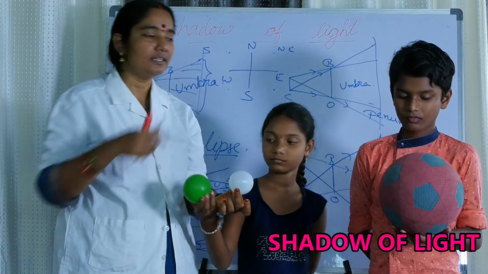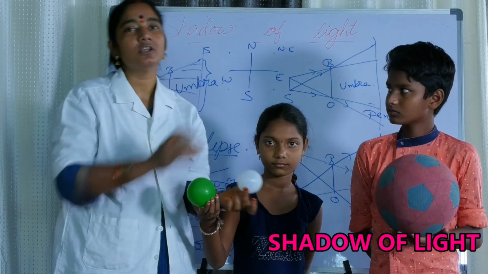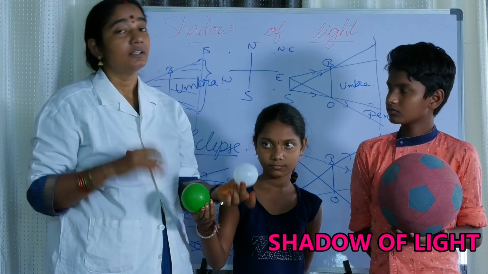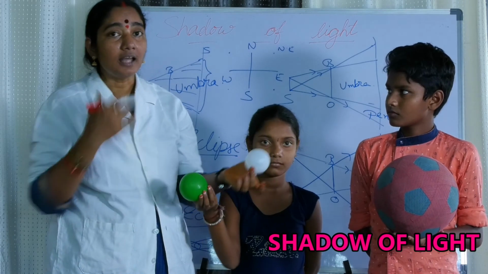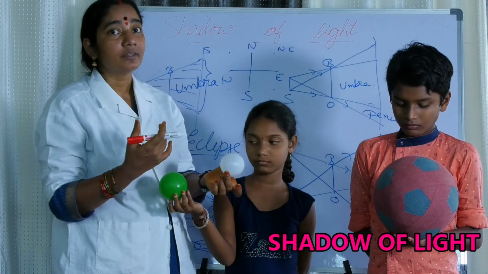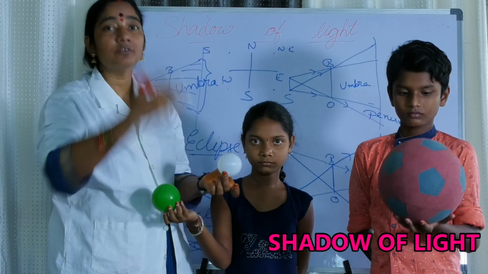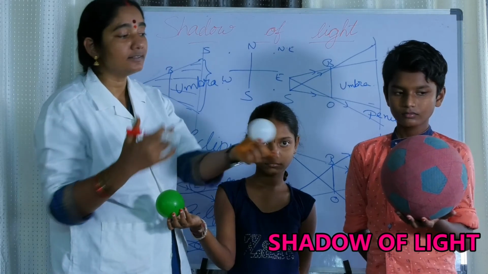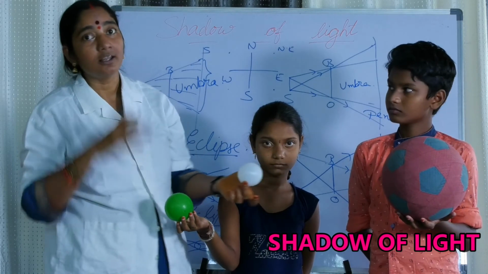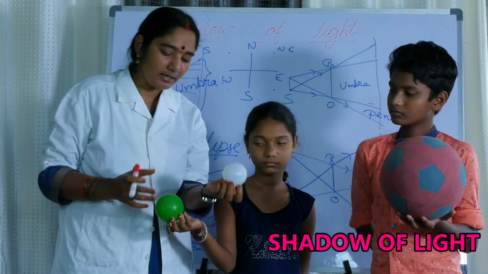So my dear friends, in this way, the shadow of the moon falling on the earth gives rise to a solar eclipse. In a solar eclipse also, we shouldn't see the sun directly with our naked eye. It's highly dangerous. We have to use some kind of filter glasses. We shouldn't simply go and look at the sun and the moon and start enjoying. The rest of the life we cannot enjoy. So we must be careful in handling that.